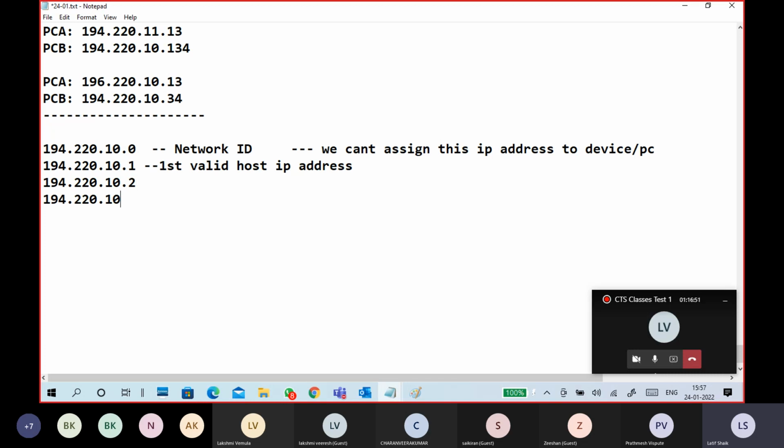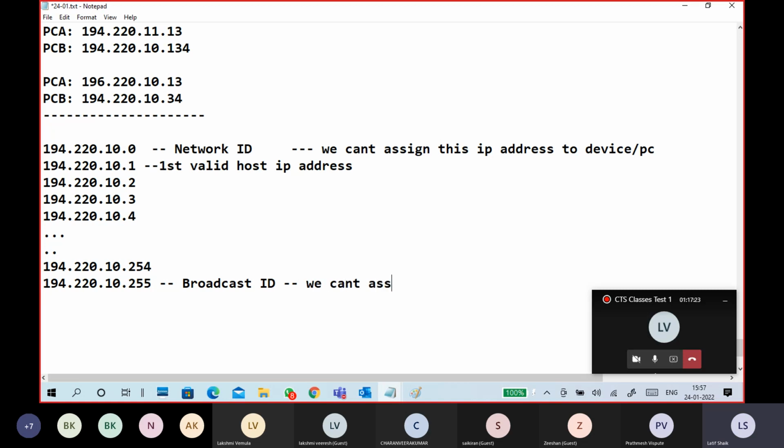This is the second one. This is the third one. This is the fourth one. Like that, it keeps going. Okay, this is the last but one. This is the last one. The last IP in the network, we call it a broadcast ID. Broadcast ID, this also we cannot assign